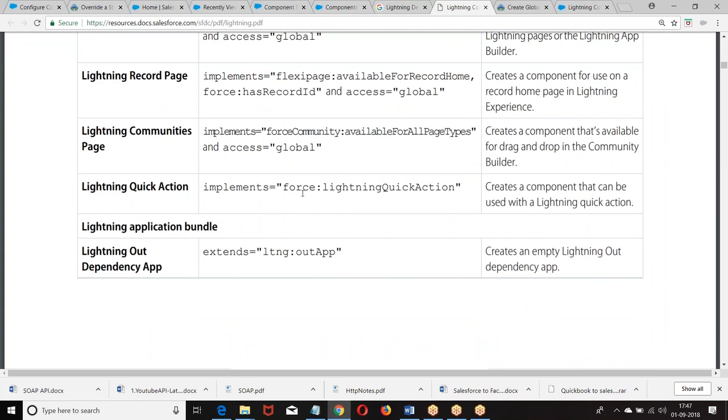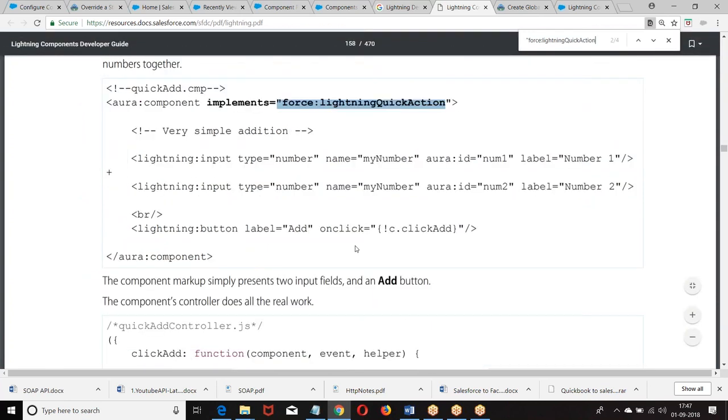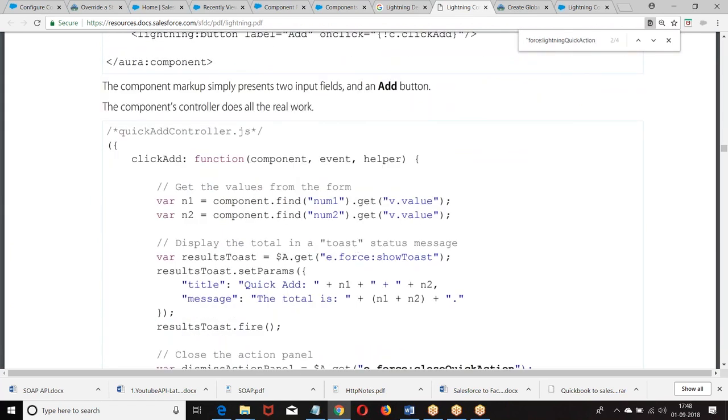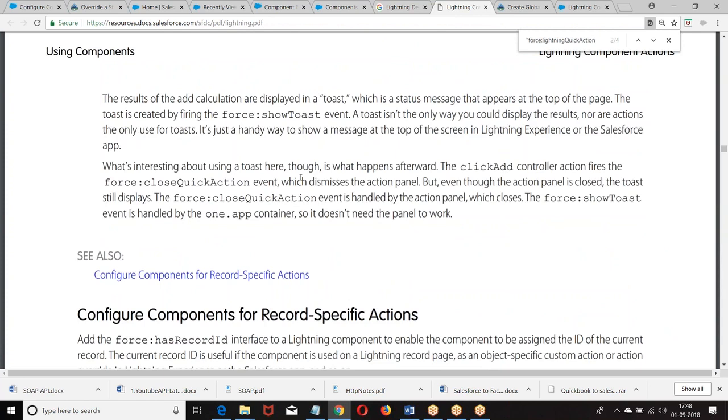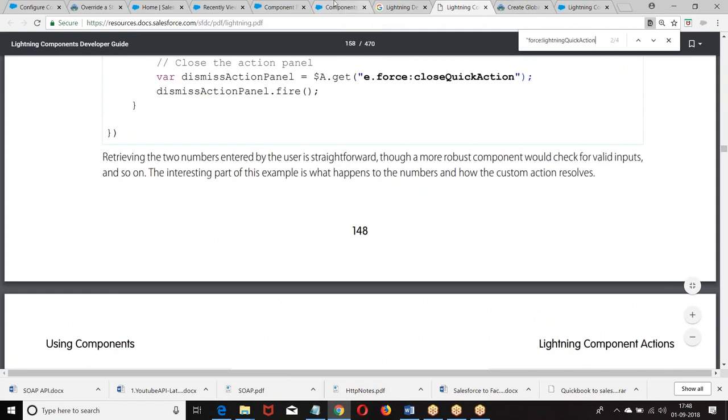Only the components which implement this interface can be used as global action components. Okay, let me give you a basic level example. You don't find any theoretical notes anyway, so fine. Let me create my own notes.